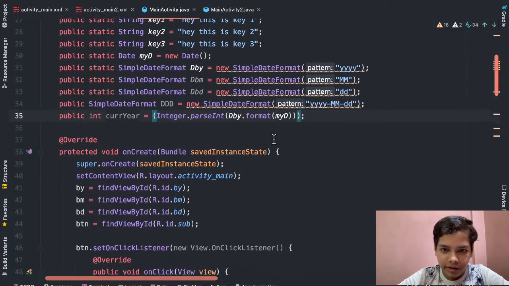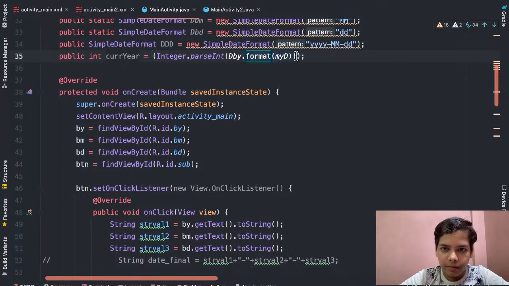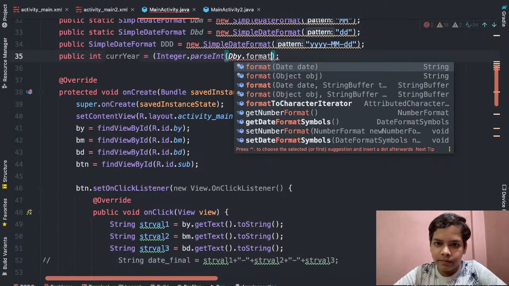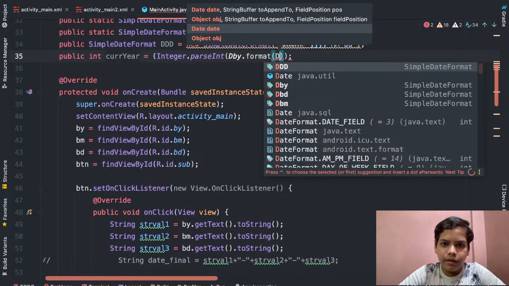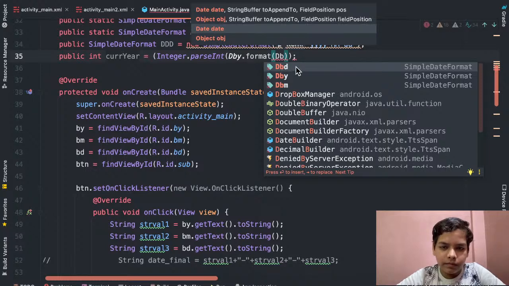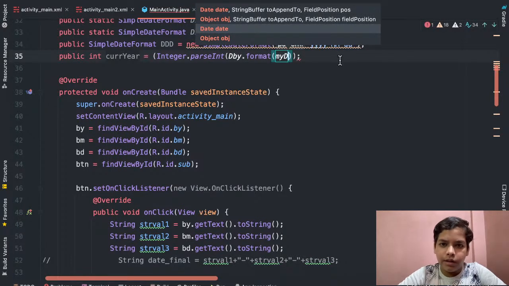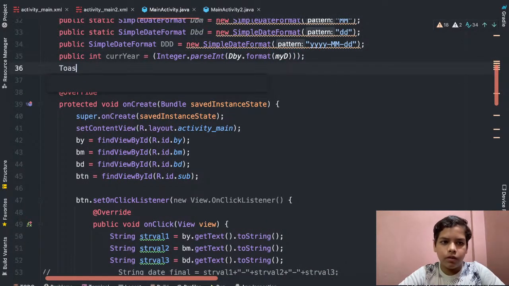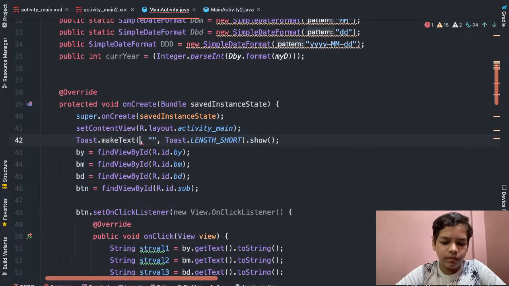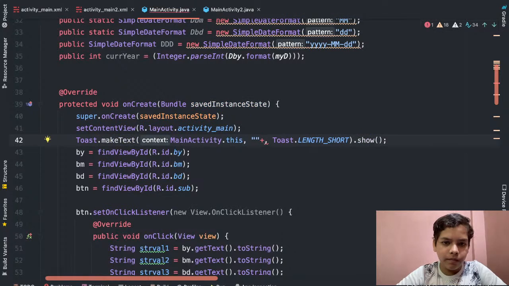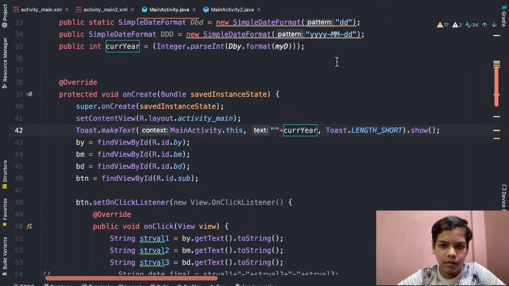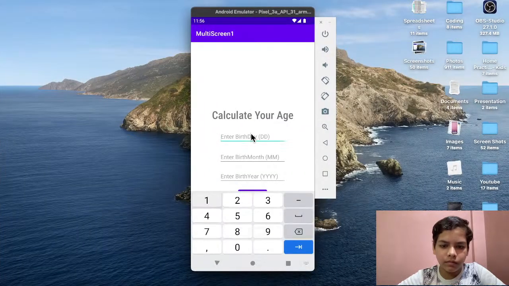It takes the date, year, and it returns as an integer. Am I right? Dot format. No, it returns as a string basically. Dot format my d. So let me check this. Toast, main activity dot this, plus current year. 2021. Okay,